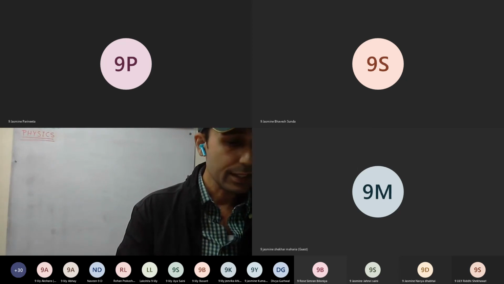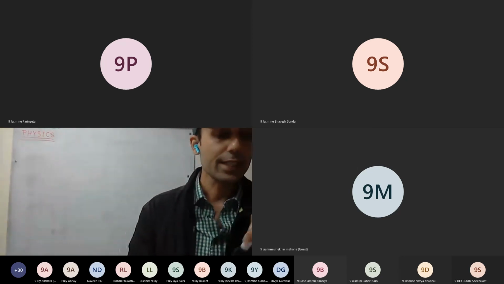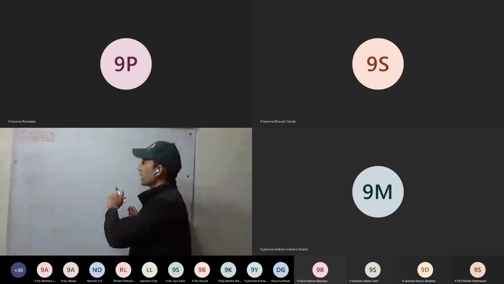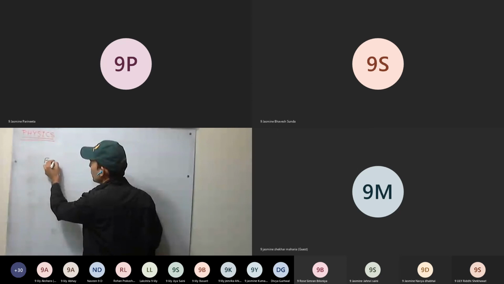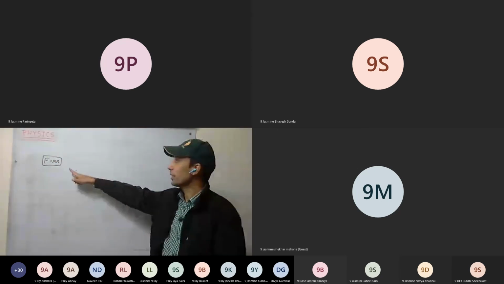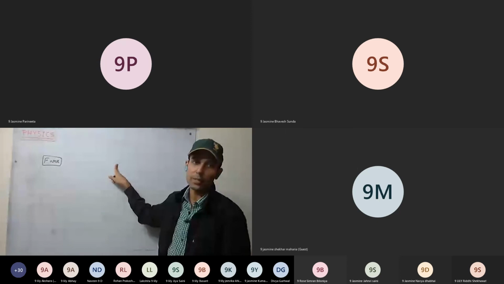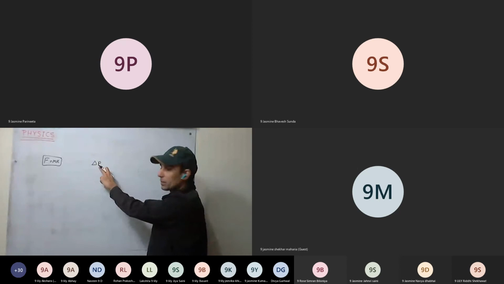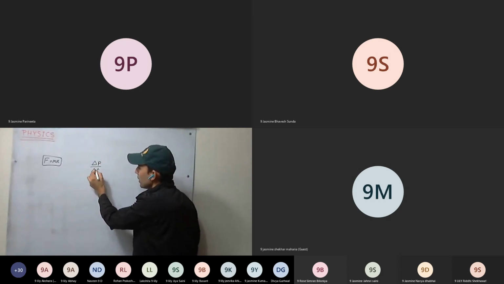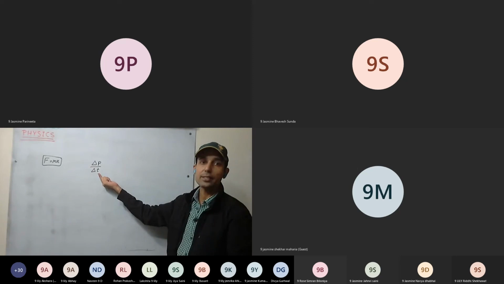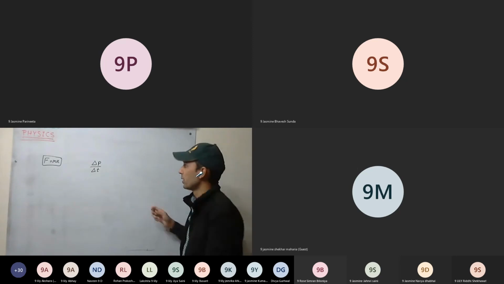Okay, so we have discussed CGS and SI units. Now, Newton's second law of motion in terms of rate of change of momentum. Newton's second law is what? F equal to ma. This we have derived. Now we'll be relating it with rate of change of momentum. This is change of momentum. This is rate of change of momentum, that is change of momentum per unit time.